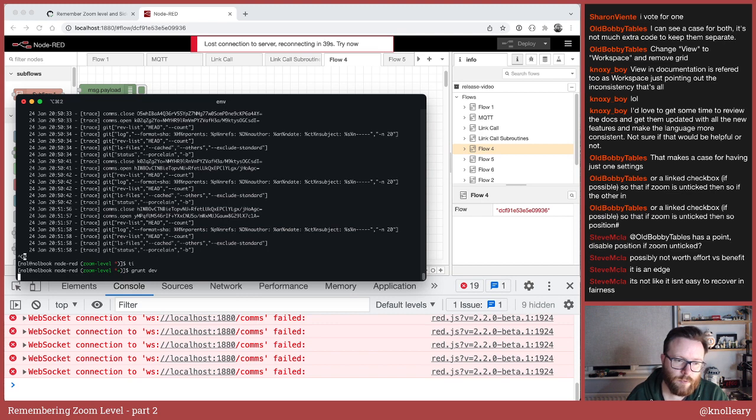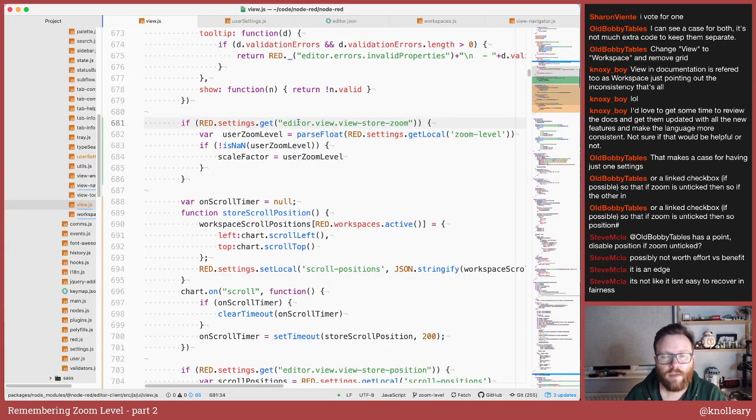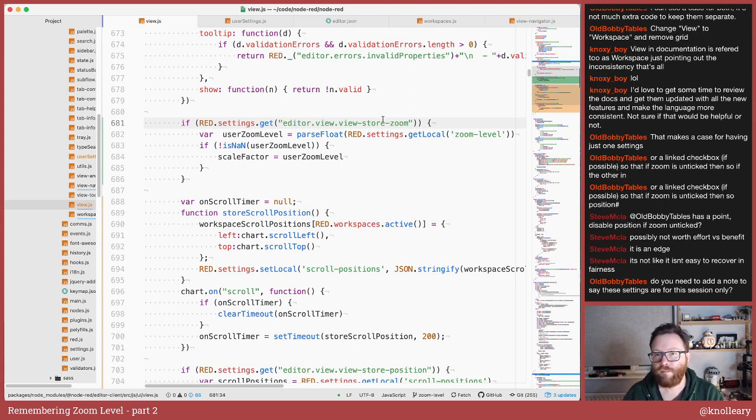Okay, no, we've got to do 2 more minutes. So we were still storing the values, even if you had the checkbox ticked to say don't store. Well, the checkbox says restore the value. We are storing it, regardless of whether you want it restored or not. So, well, that's another point. Bobby Tables, do we need to add notes saying these settings for this session only? Probably. I just can't quite picture the words, if that makes sense.